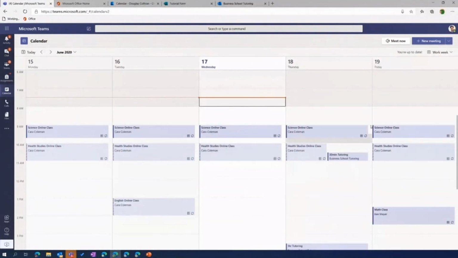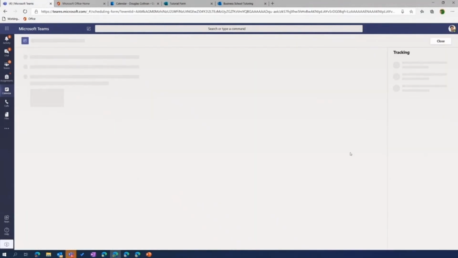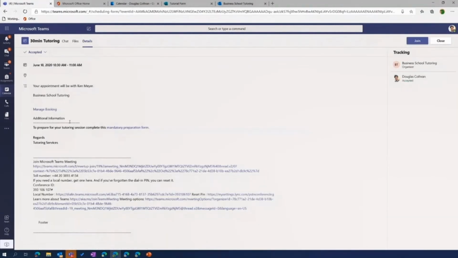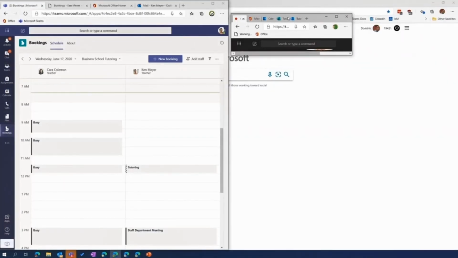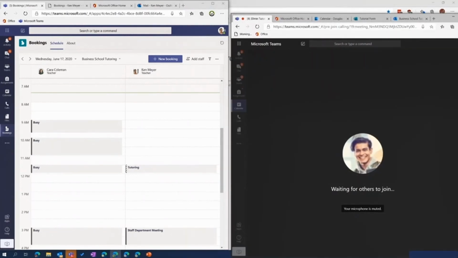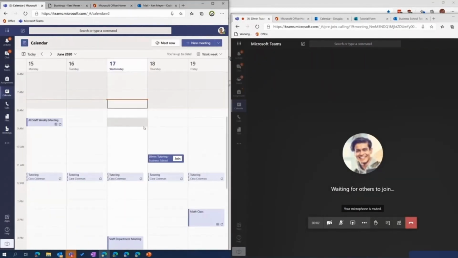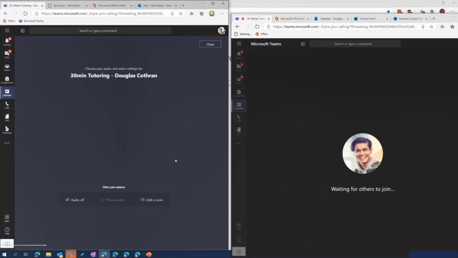So what are we seeing here? Well, right now, because Douglas has scheduled a tutorial, it automatically appeared in his calendar. And from his calendar, this is where he automatically receives a calendar invite, which would be both in Outlook and in Teams. And he can then also join with one click his online session. And remember, Ken did not need to do anything for this. All Ken did was set up that bookings page. Douglas was able to pick a time that suited him. And then when Douglas picked that time, it automatically reserved that in Ken's booking calendar, which also put it into his main calendar, meaning he could easily then join the online meeting through Microsoft Teams.